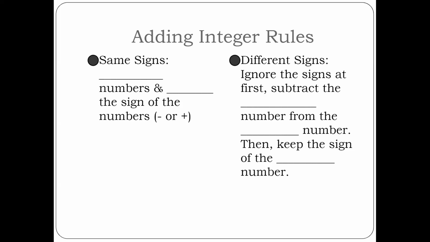But if I had 12 minus 17, this is where people get confused. My larger number is a negative number. I'm going to subtract 17 minus 12. It gives me 5. My larger number is negative. My answer is going to be -5. They don't teach you about numbers below 0 when you're younger. And so they would say you can't do that. Well, we know that's not true because